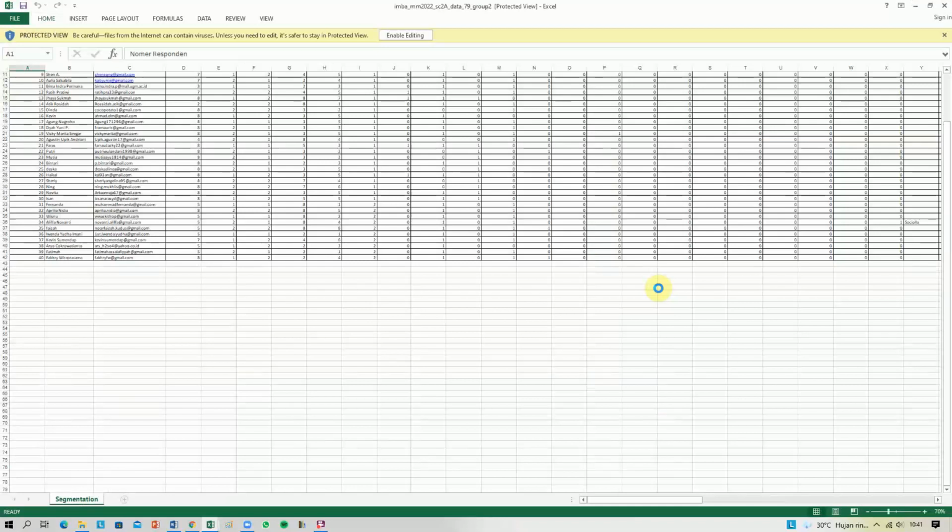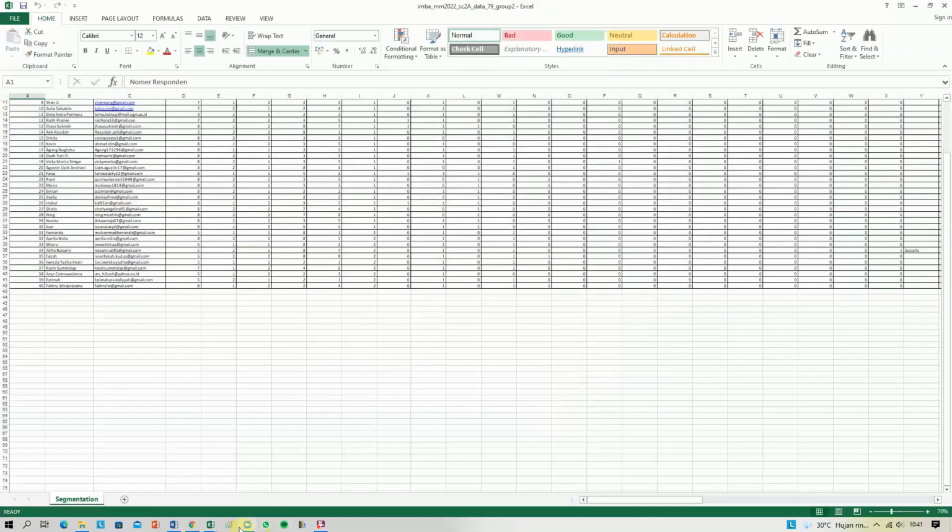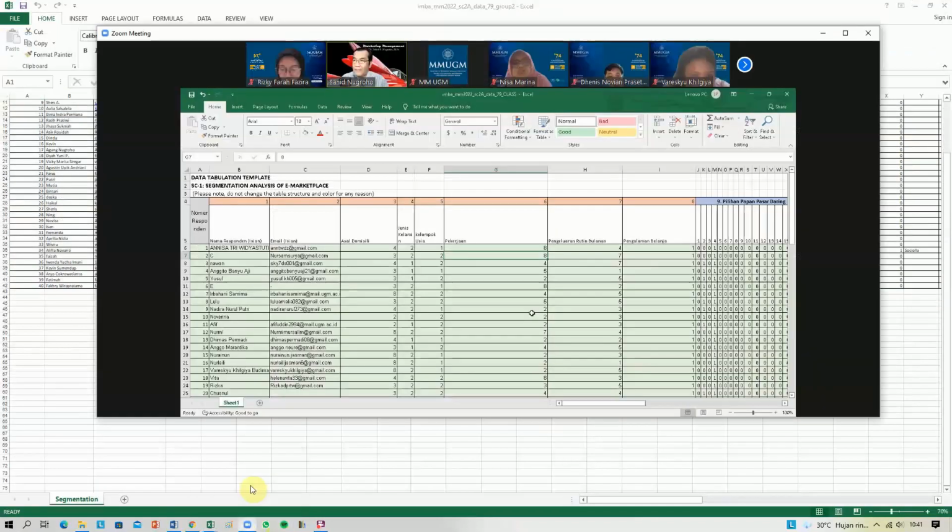So you have to use the SPSS worksheet file from me. It is already available in Elo. Everyone, please download and open it, and after that we move data from Excel to SPSS.